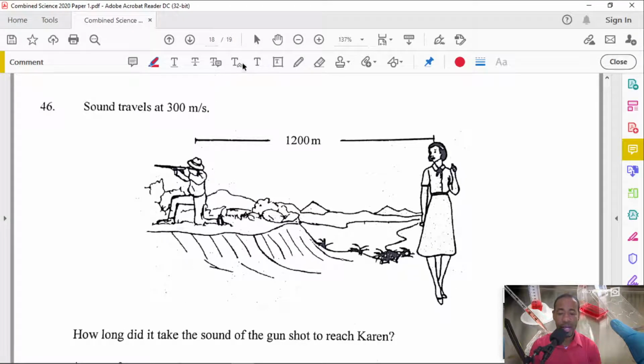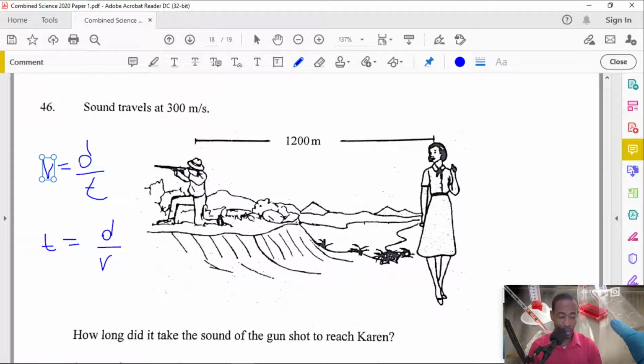And so if you remember that speed, which is v, is equal to distance over time. I want to find time now. All right, so distance over time, and we want to find time. So what we do to find time is make T the subject of the formula. So T based on this now will equal D over V, distance over speed. Okay, and so if we put distance, which is 1,200, okay, so